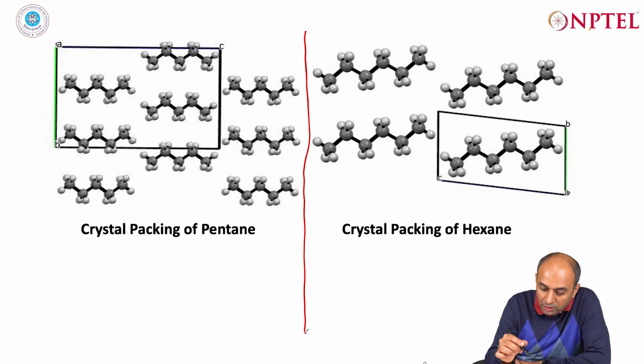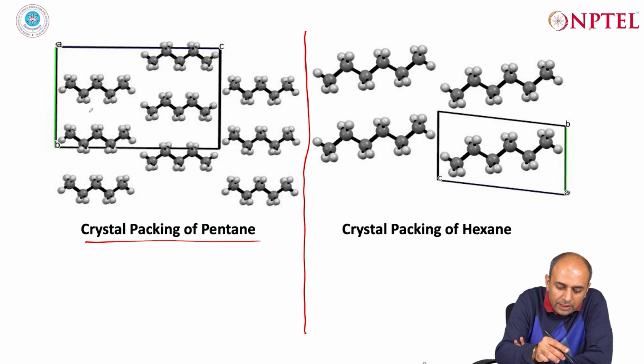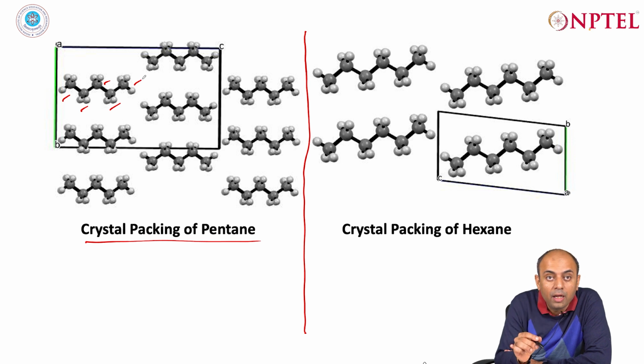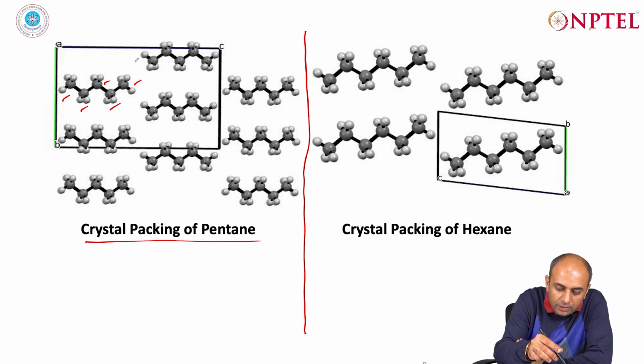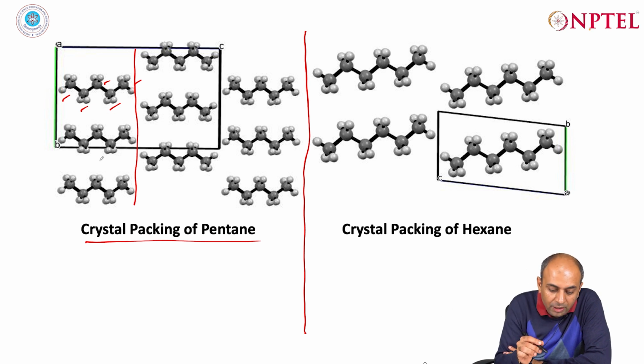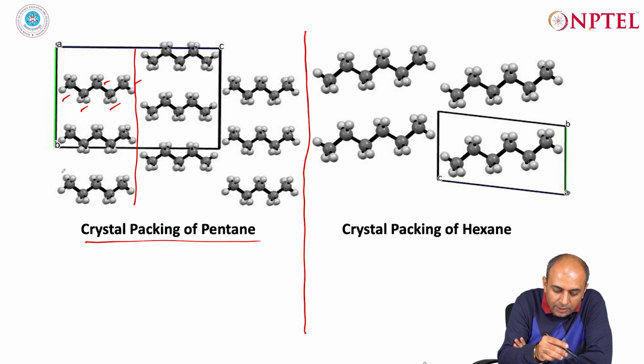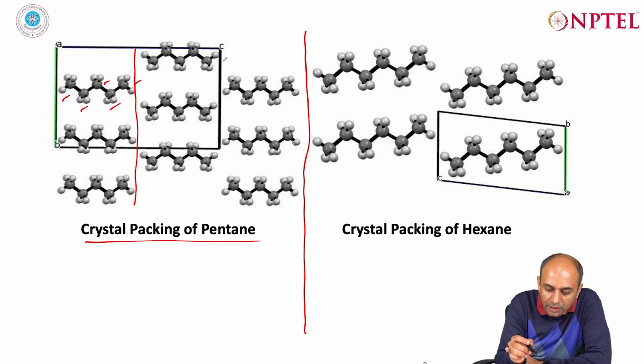So, now continuing our discussion on close packing, we can see the crystal packing of pentane now. Again, you can see that there are 5 carbon atoms and there are CH3, CH2, CH2, CH2, CH3 groups. And again you have this one layer of molecules where you can see that they translate along the B direction, because this view is down the BC plane and A is perpendicular to the board. The next layer of molecules again you see has got a slight displacement of the methyl groups, such that you can maximize these HH contacts